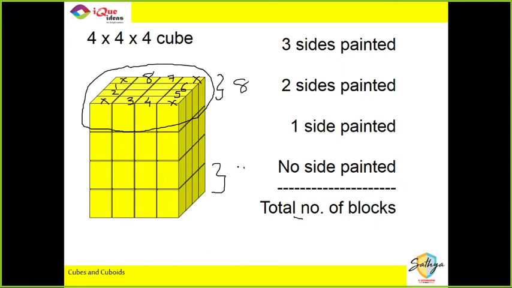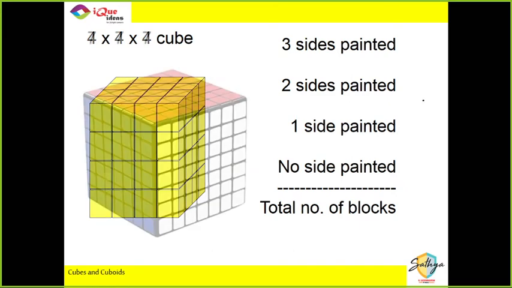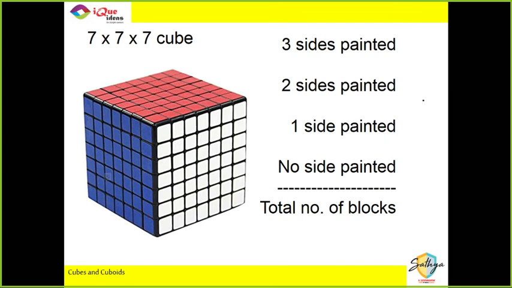So 8 in the bottom also. Top and bottom are symmetrical. Whatever happens in top happens in bottom. And in each of these two middle layers, there are always 4 edges. Middle layers will always have 4. That is default. So 8 plus 4, 12 plus 4, 16 plus 8, total 24. Understood that? Okay. So guys, if you got this one, give me the answer for a 7 by 7 by 7 cube.